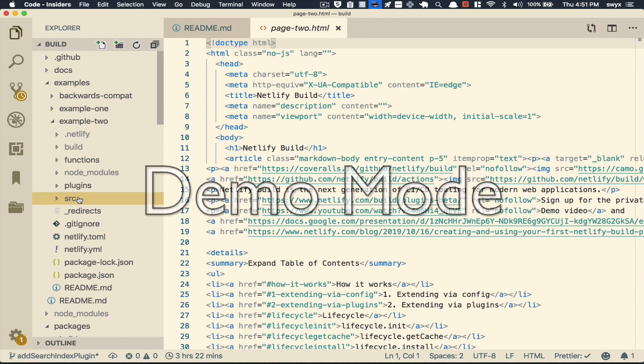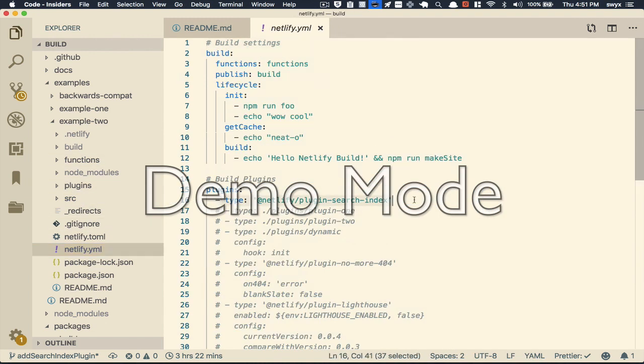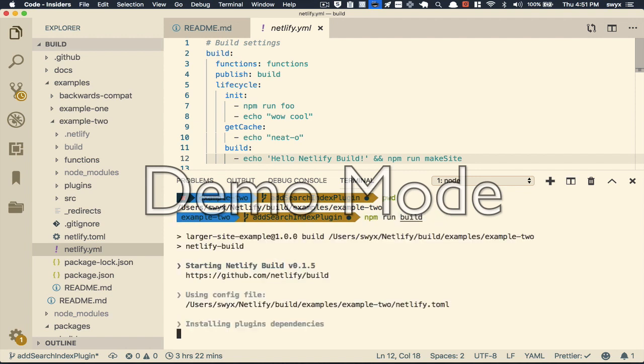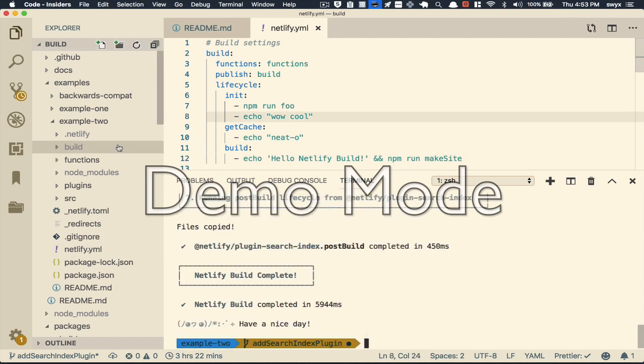And so when we go to the Netlify YAML, the only thing I have to configure here is the plugin for Netlify Plugin Search Index, and that's going to run accordingly. So the vision in here is that I'm going to run npm run build, and that's how the build process runs. All right, and when I run the build, you can see that I have this build folder, and it's